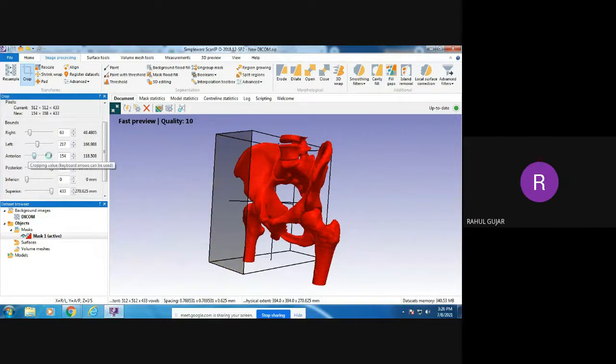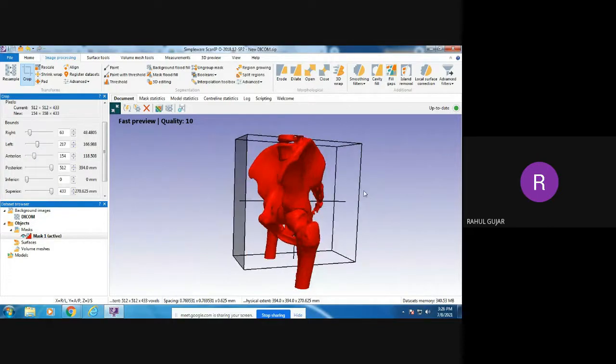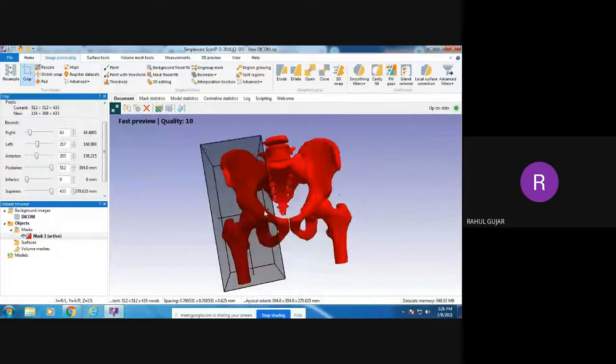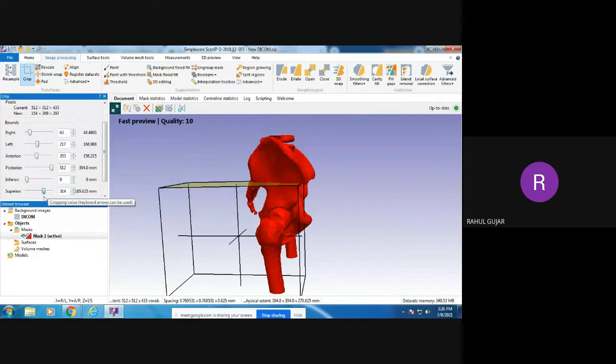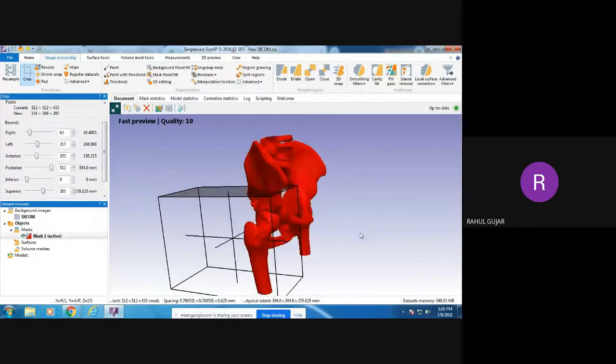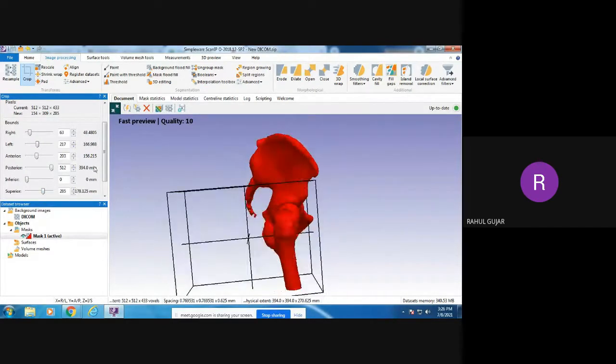Otherwise, it will remove even your region of interest. So just move it very slowly. And this is the inferior side. I don't want to move it, so I'll keep it as it is. This portion I just want to move, so up to this.